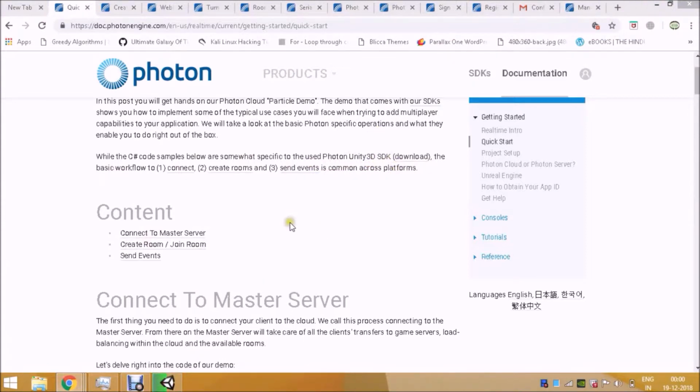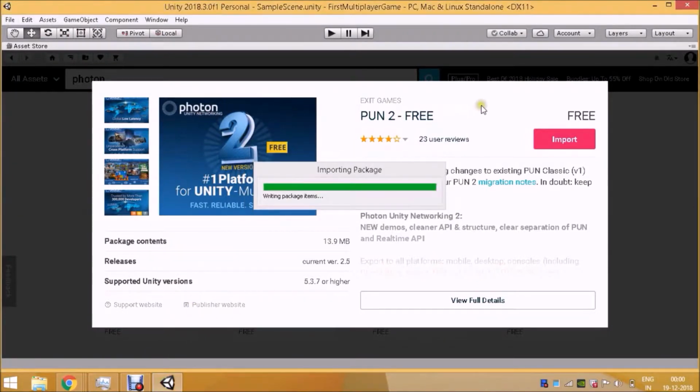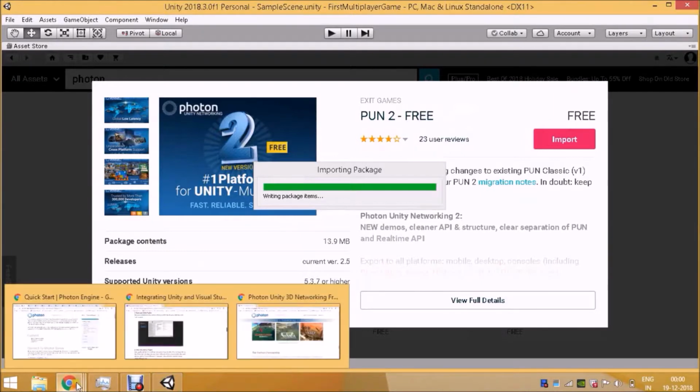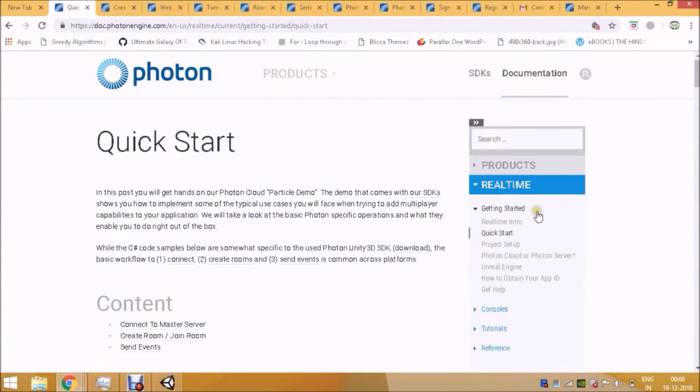Okay friends, let's minimize it. Now it's compiling. What we have done here, we have downloaded all the Photon SDK here from the asset store. Now if we go to this link again, if you go to the product sections and then go to this link, then here